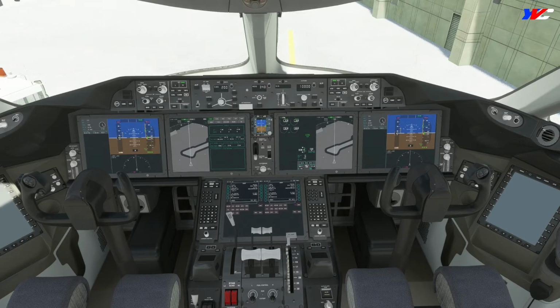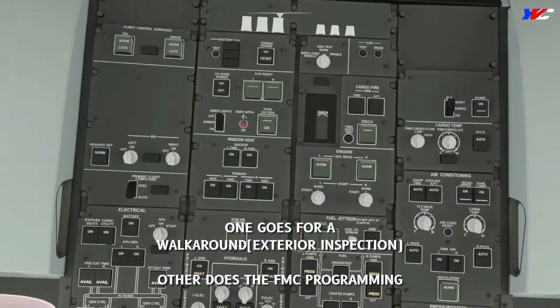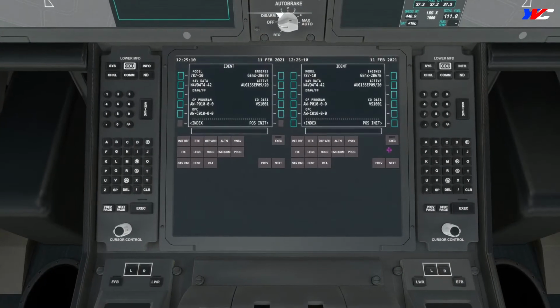Once we know the weather conditions, one of the pilots goes out for a walk around, the other pilot does the FMC setup, which we will start off with. Now, I've been facing a lot of issues programming the flight management computers here. Let's just go about it. I'll show you how we do that. But before starting the FMC, let's just log in to